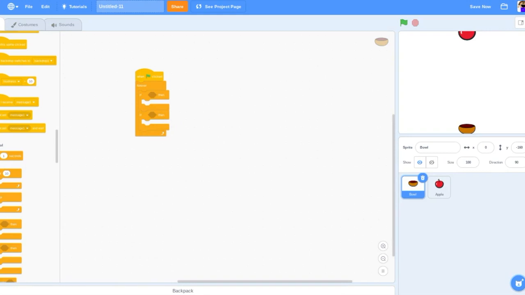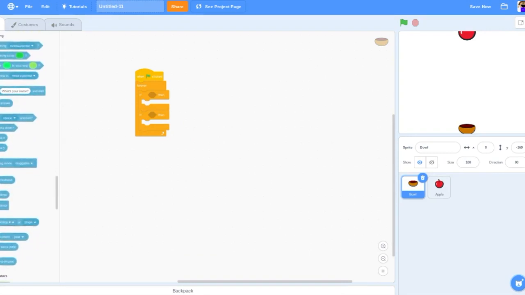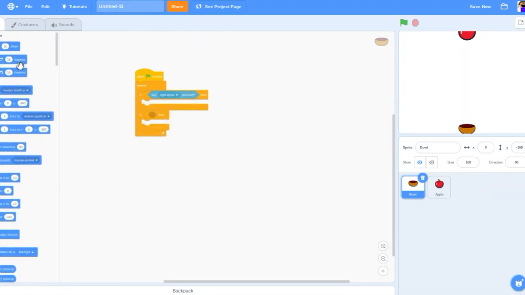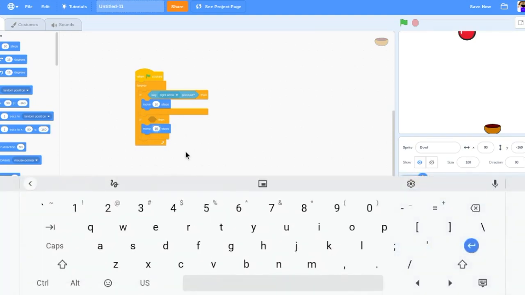Then we need to go to sensing. Then click key right arrow pressed. Then click move 10 steps. Let's test this. Click the green flag. Yep, this works. Then we need to click or drag this move 10 steps block